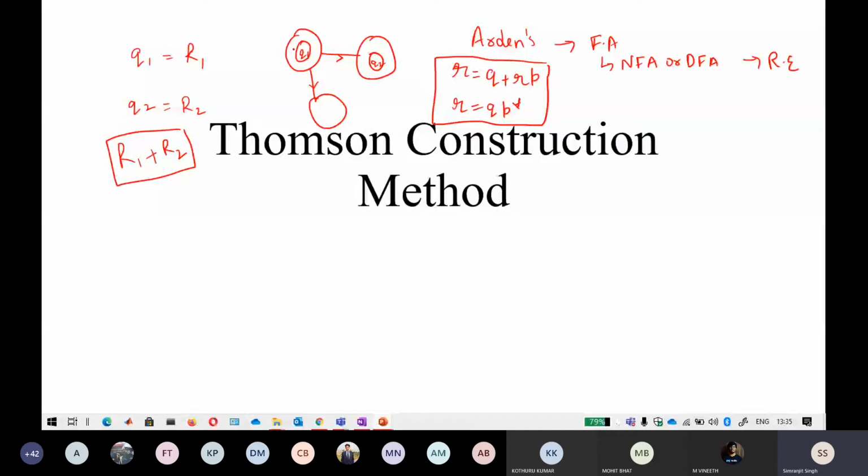But almost, if you see, Arden's method is a little bit complicated. If the size of the automata is increased, the calculation will increase considerably. So if you are in a time frame where you have to solve using Arden's method, and some options are given like 1, 2, 3, 4, what can you do without deriving Arden's method? You can again go by the option elimination process. You take the first option and try to derive a string that is not accepted by your respective automata.